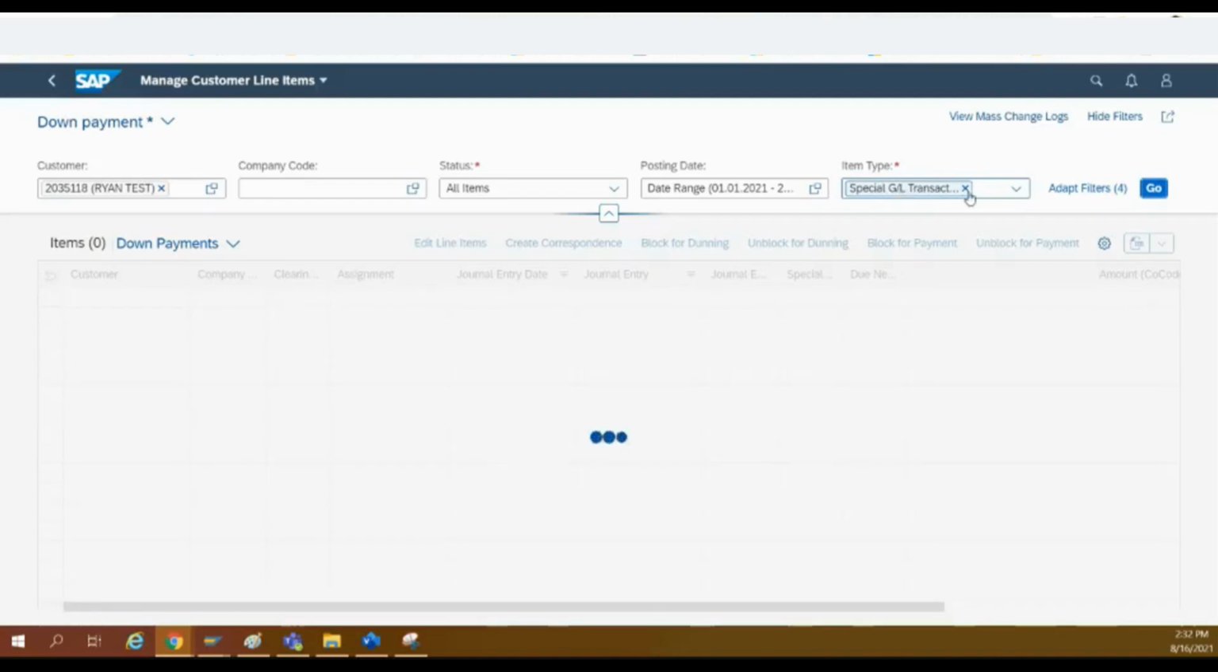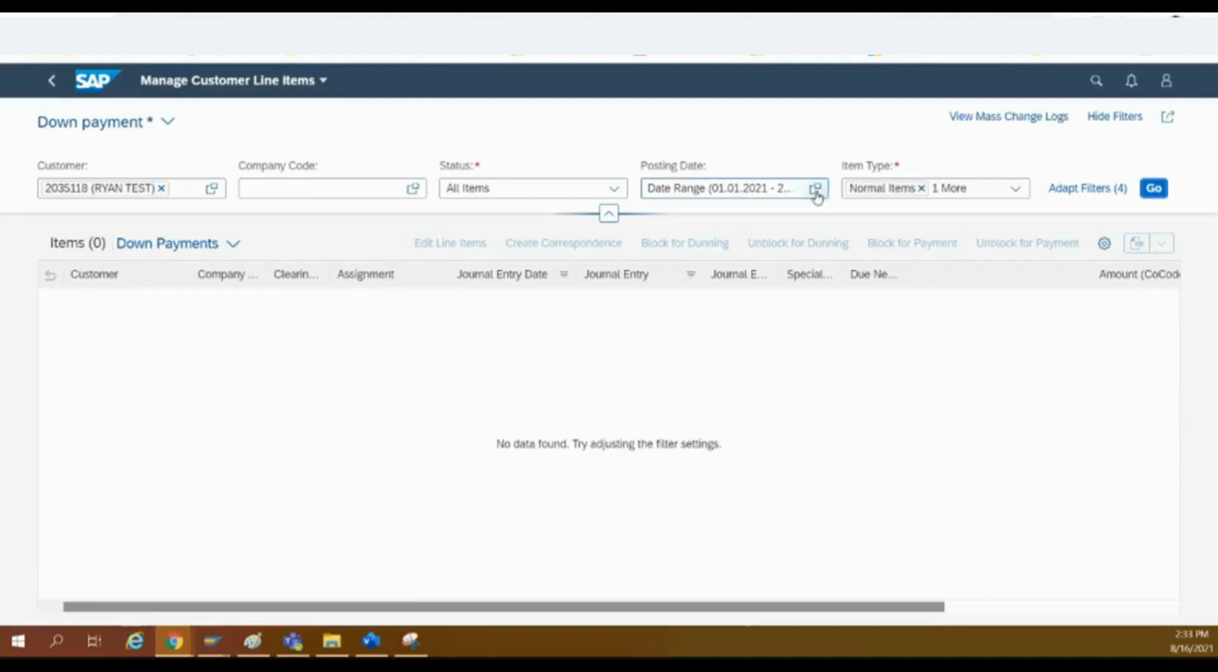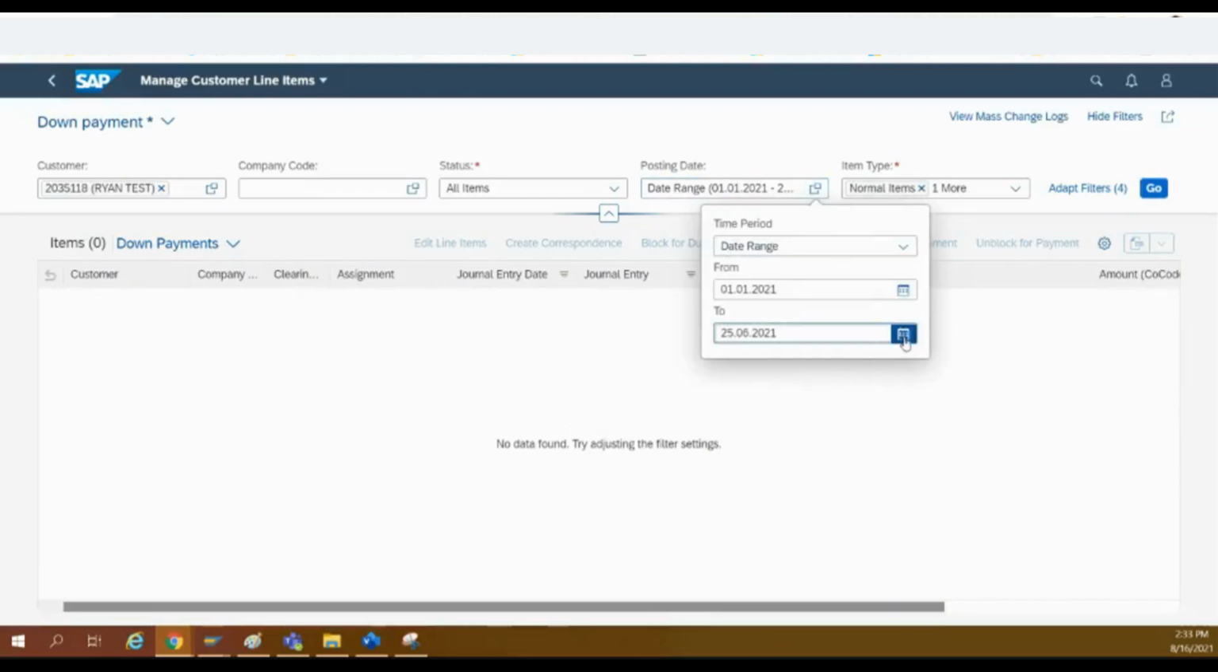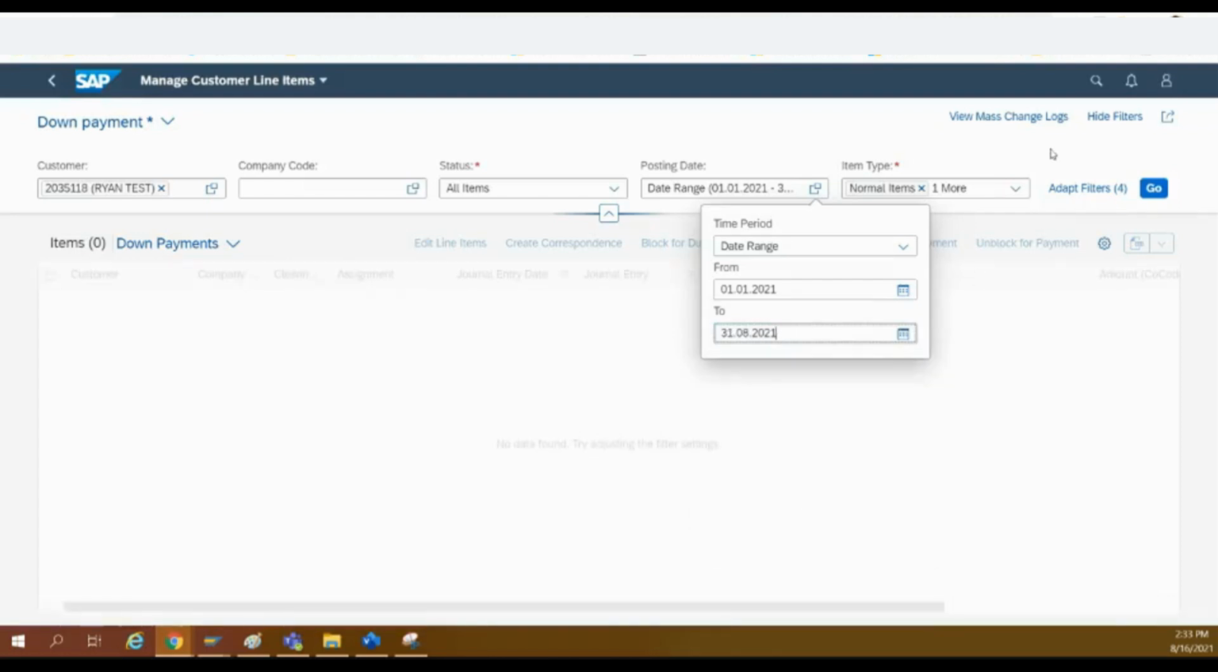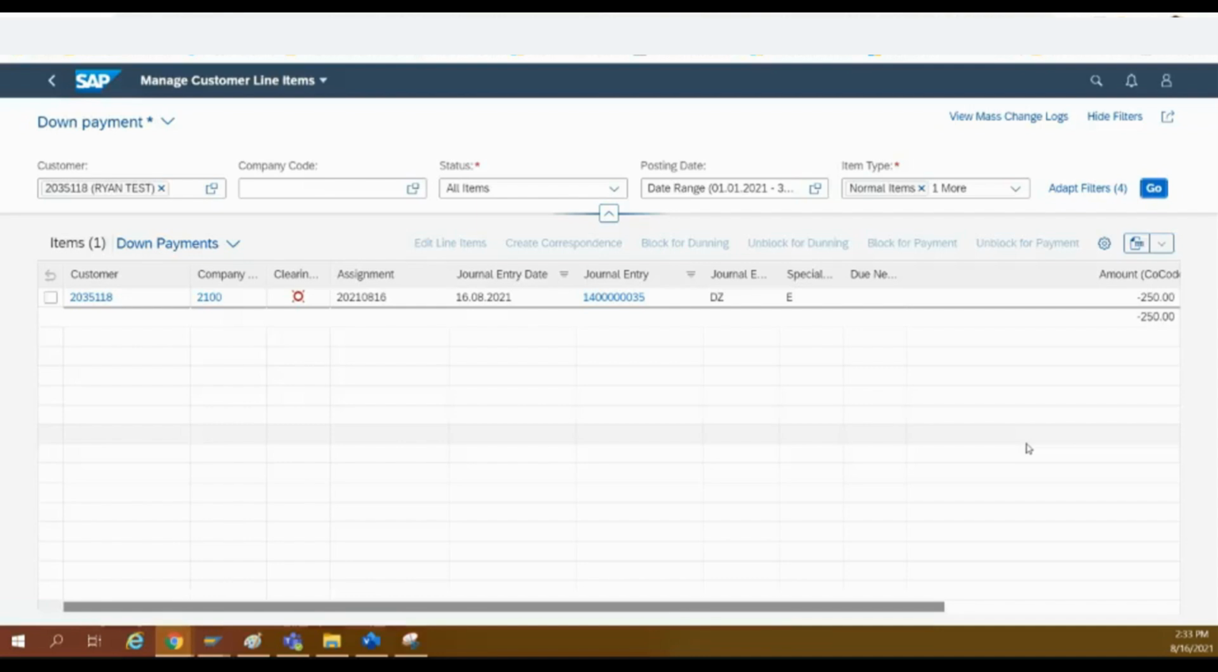So special general ledger transaction. If you do no more plus this one, oh, sorry, the date is not right. Let's put it end of August. Click on go. Okay, so the one we just posted together shows up here. It has $250, I guess credit on the customer account at this moment. We haven't done the invoice yet. So that's why,